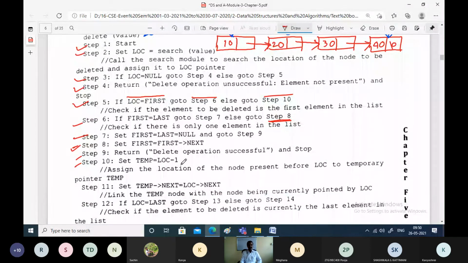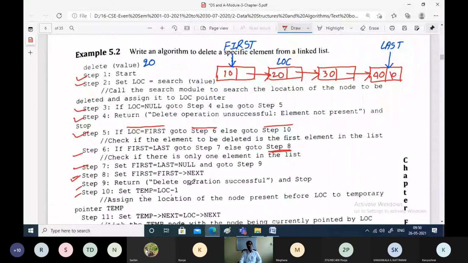So what does step 9 say? Temp equal to location minus 1. See here, if you want to delete this particular node, then you should be present in the previous node. You should take the pointer to the previous node and link it with the next node.